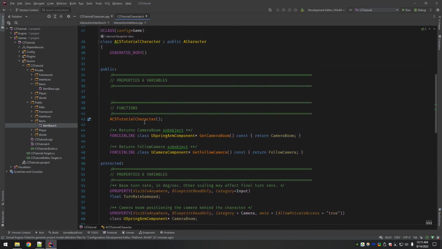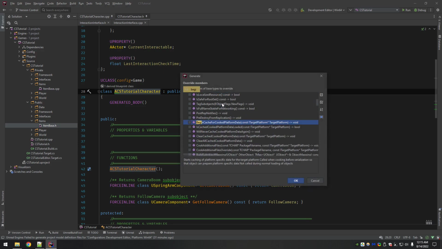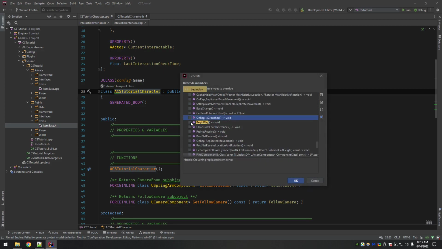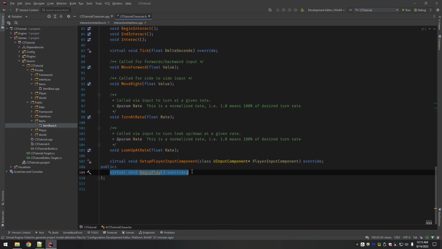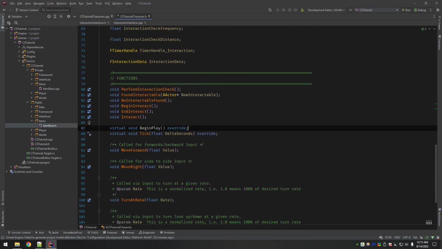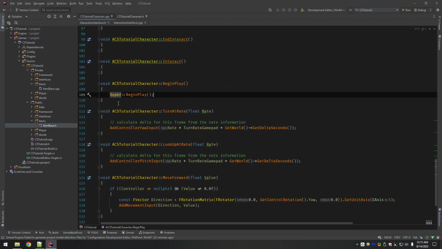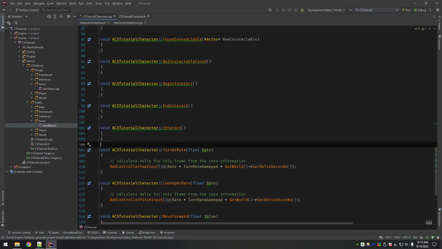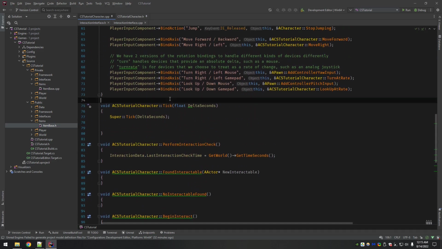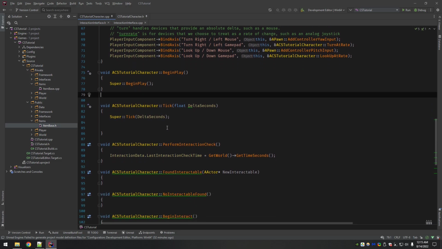I don't know why these were missing. All right, oops, we need our begin play for sure. Move this up, put it next to tick. There we go. Get our definition. It obviously put it in a weird place. I'm going to put it up here, right above tick.